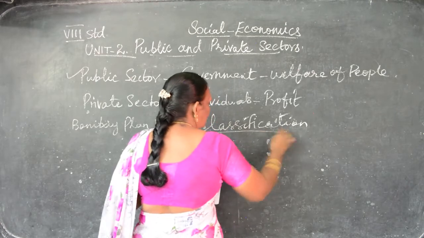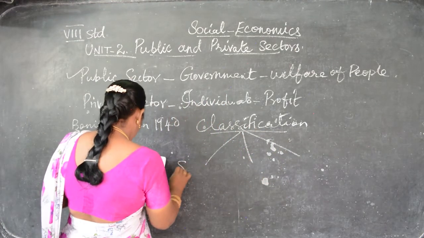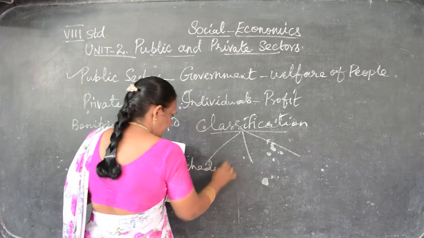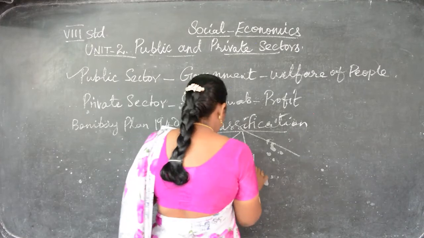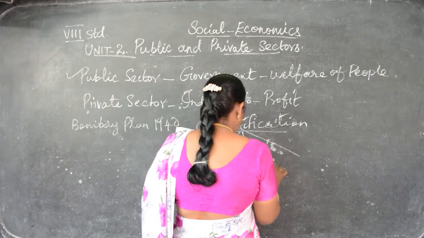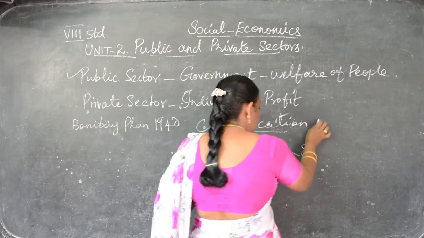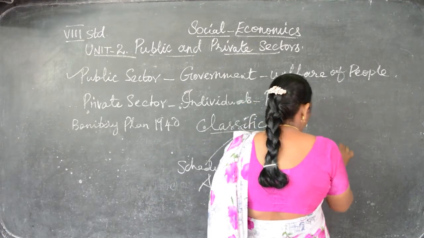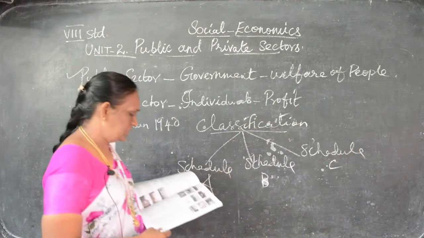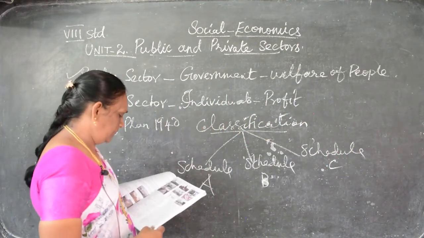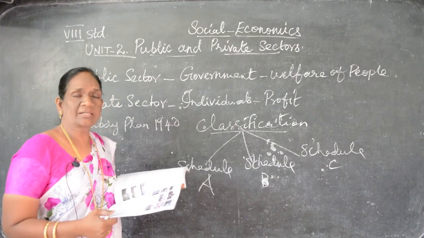One is called Schedule A. Another one is called Schedule B. Third one, Schedule C. What is Schedule A? The public sector started up from